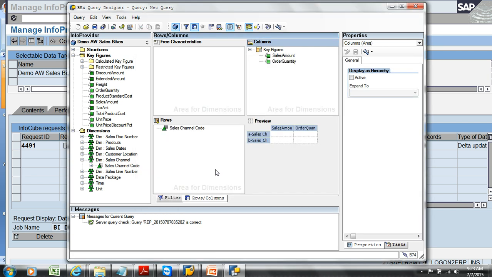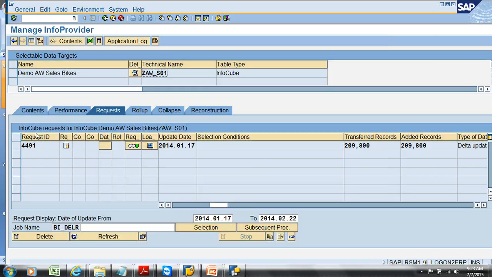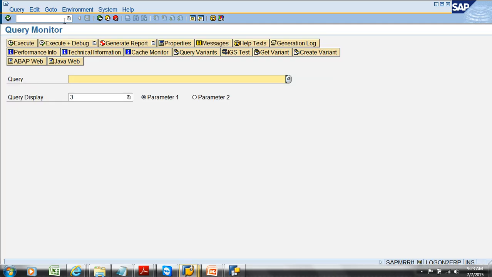This is my query. I have not run this query even once. Means what? Will it have data in the cache? No, it's going to get it from the database first. So one way of looking at this timing and the ratio,